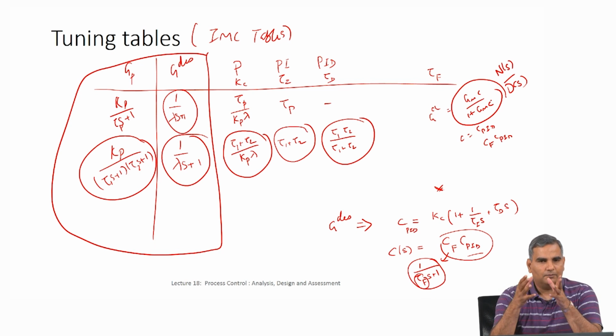The offset can be removed completely by including an integral action, as we showed again through final value theorem. So the advantage of a PI controller is that there is no offset, but we also showed that because of the integral action you can introduce oscillations. Now if you want to get rid of offset and minimize the effect of oscillations, then you go for PID controller. However, the disadvantage with the PID controller is because I have a derivative of an error,